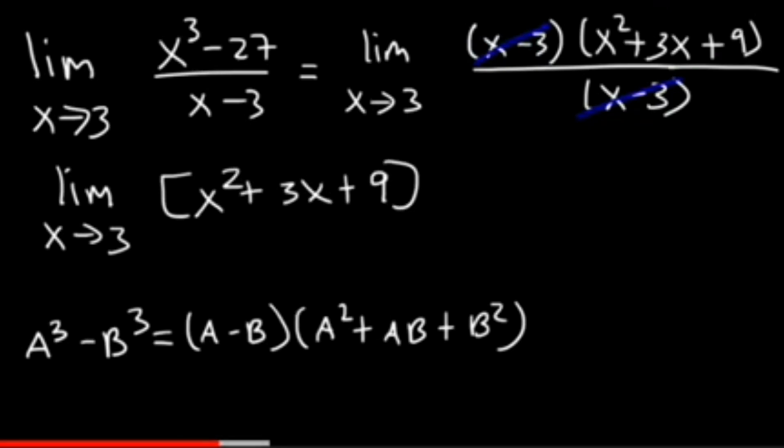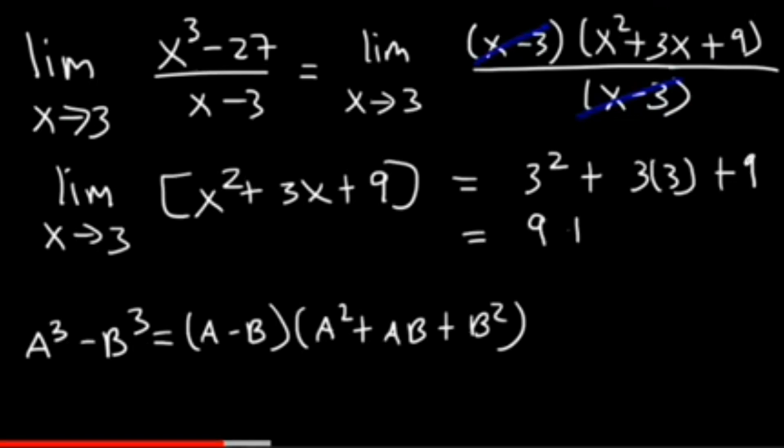At this point, we now can use direct substitution. So it's 3 squared plus 3 times 3 plus 9, which is 9 plus 9 plus 9. Adding 9 three times is basically multiplying 9 by 3. And so this limit